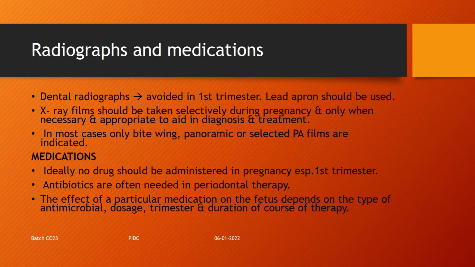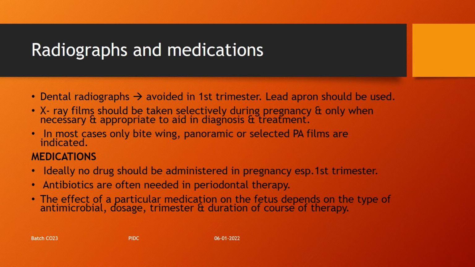In most cases, bitewing, panoramic, or selected periapical films are indicated. As for medications, ideally no drug should be administered in pregnancy, especially in the first trimester. Antibiotics are often needed in periodontal therapy. The effect of a particular medication on the fetus depends on the type of antimicrobial, dosage, trimester, and duration of